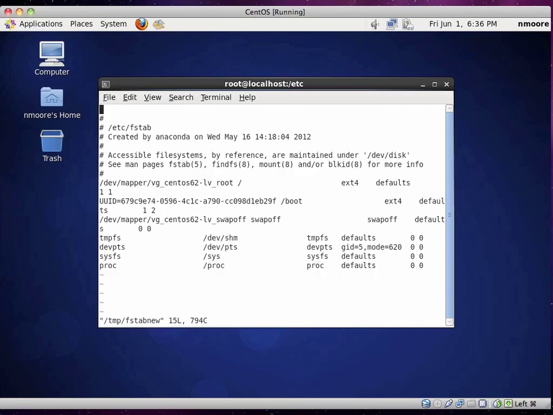So let's say I wanted to change some of the things in this file, and let's pretend that the file is much, much longer, and I wanted to find swap off. All I would have to do is just hit /, swap off, and it'll show me exactly where it is.